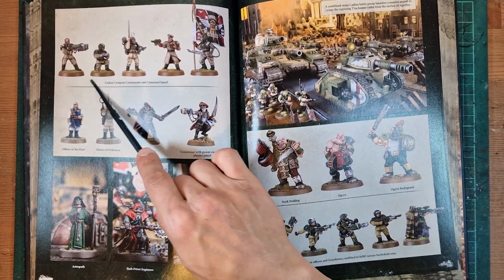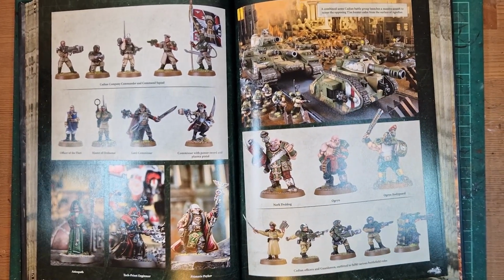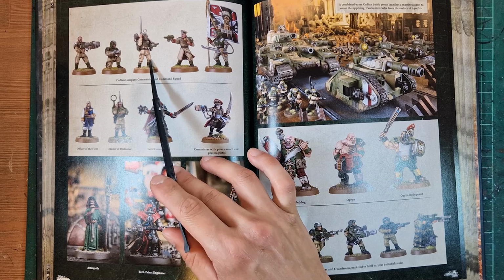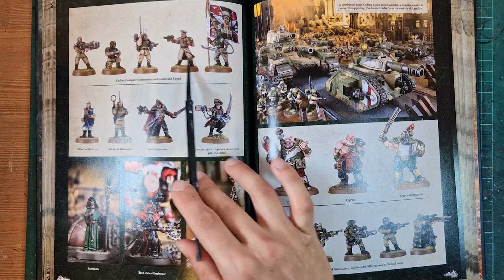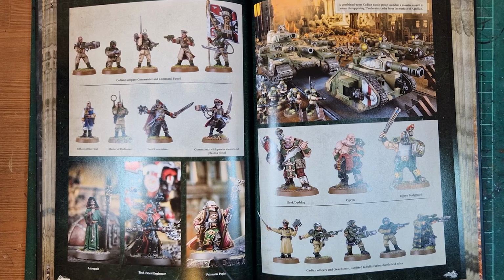This is the old. Now what I mean by old is you obviously have the Cadian specific miniatures now, but for all of us who've been playing for quite a while, this was a standard sculpt for a long time. This sort of style here with just the basic carapace armor. So this was a command squad. It was actually one of the first kits I bought, which I really enjoyed. And you can see some of the other guys, and the Tech-Priest Enginseer still in circulation. You then had